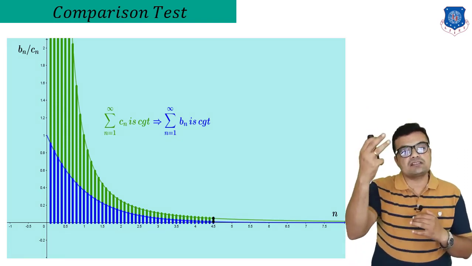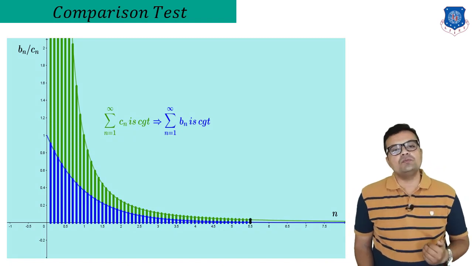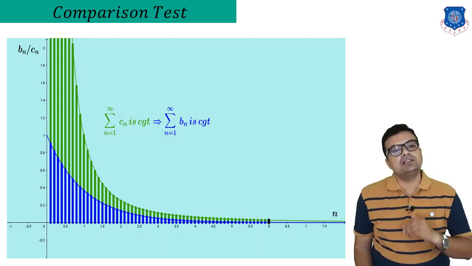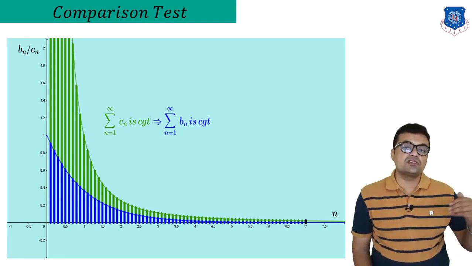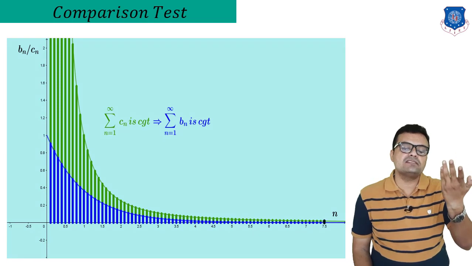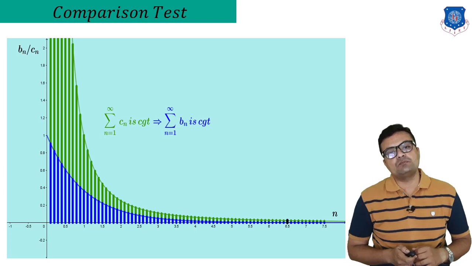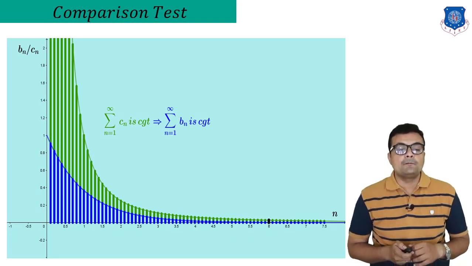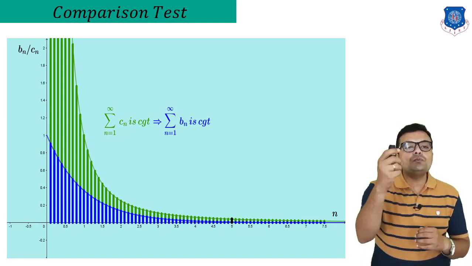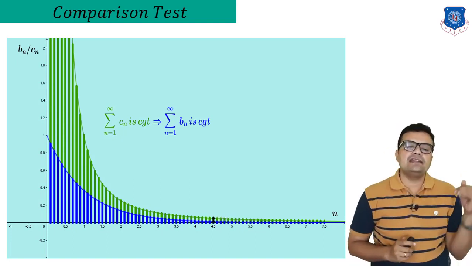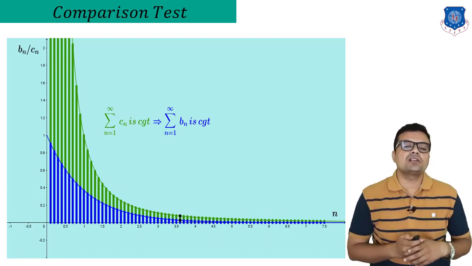which is superior, meaning its values are bigger than the values of Bn at each and every level. If I can find such a super series than the given series, and it is approaching towards 0, obviously my given series Bn must approach towards 0. So to prove that the blue series is convergent, I found one super series, given by green color, and it is approaching towards convergence. This is my first case of the comparison test.